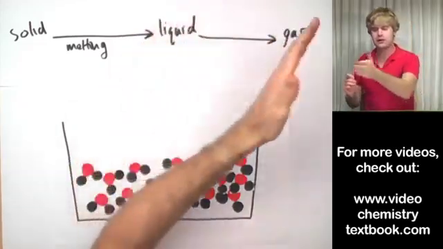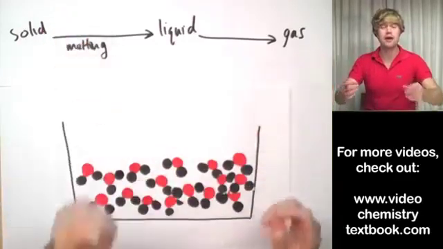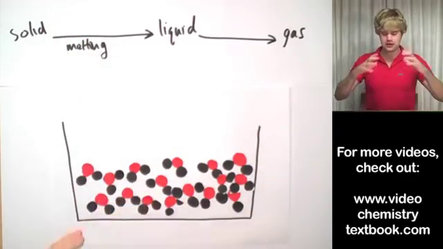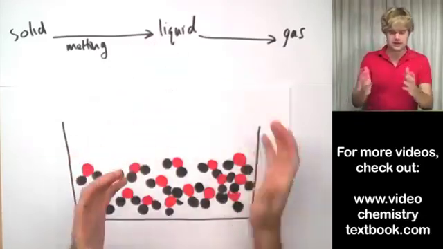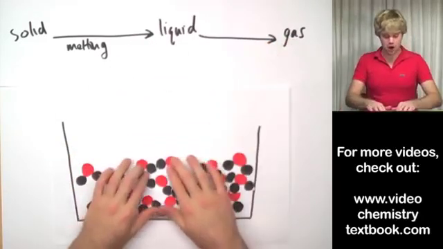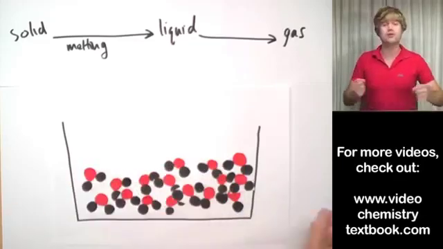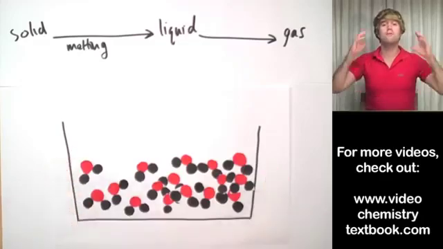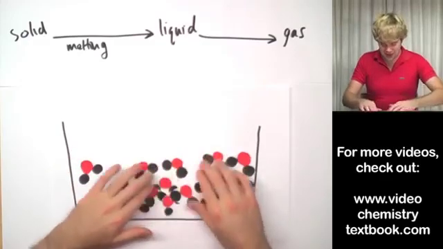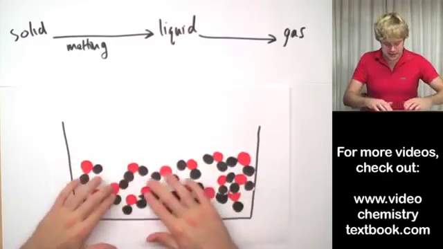We go from liquid to gas, we add more heat. And every time we add more heat, the molecules move faster and faster. So these things, as it approaches a gas, are going to move faster and faster and faster. And this liquid is going to turn into a mosh pit. Okay? So what I mean by that is that these things are going to be moving